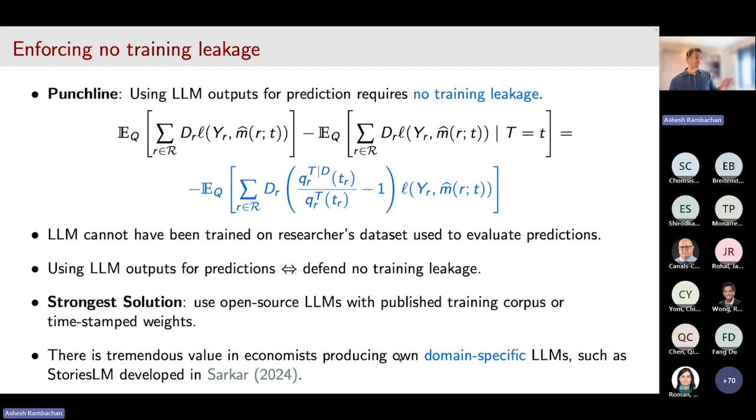So for example, in finance and asset pricing, Supratim Sarkar, who was on the job market last year and is now at Chicago Booth, has published a freely available open source large language model family called Stories LLM that has timestamped training dates every year up to the 1980s. And that can serve as a foundation model for people wanting to use text for prediction in finance applications. So this is one concrete takeaway for applied researchers. If you want to use language models for prediction, the safest bet is to use open source large language models, and we can be in the business of producing them ourselves.